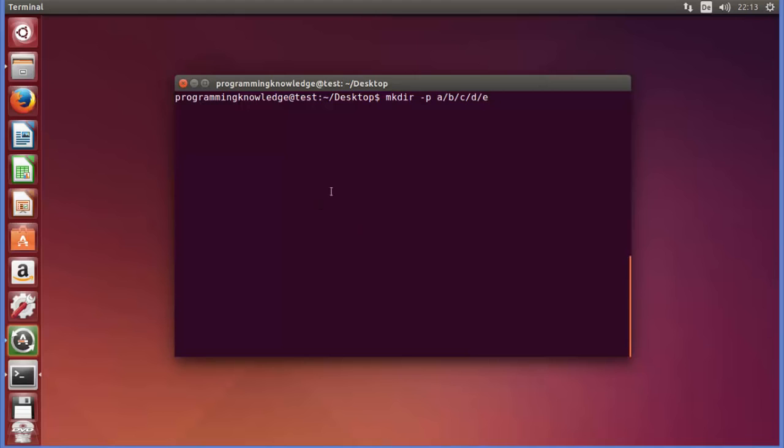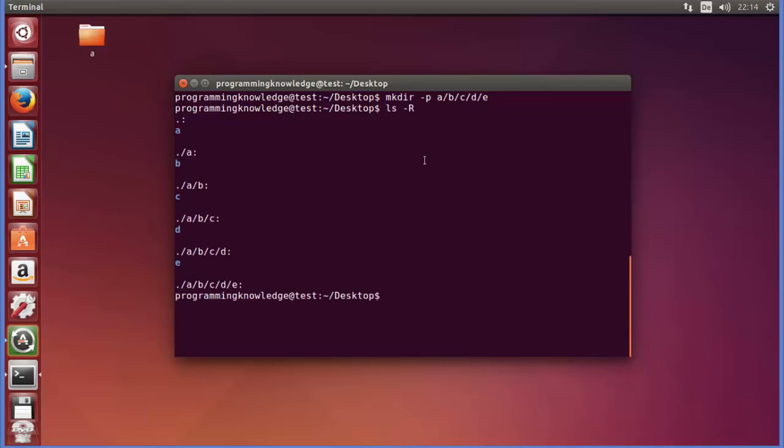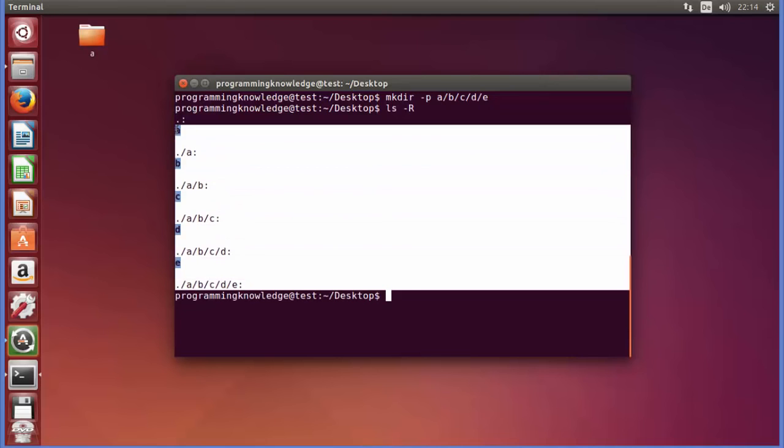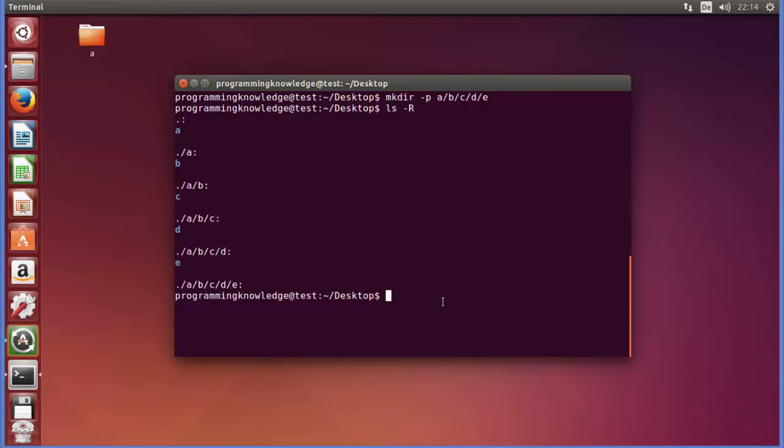I will press enter, and it creates the directory structure once again, and then I will do ls -R, and you can see the directory structure is created. And then there is one command, which is rmdir -p, and then for example you want to